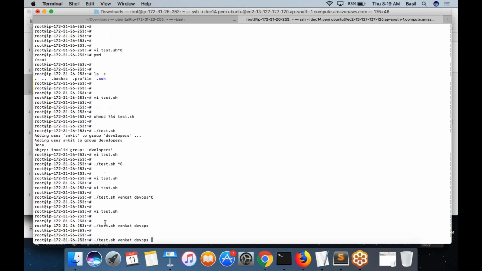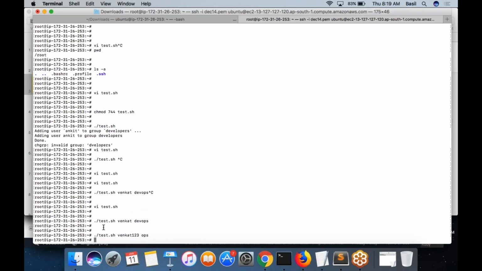So if I want to create another user and another group, Venkat123 and maybe developers or maybe ops, I can just execute this command. And further, let's say I want this command to be executed by people who maybe are the root user, many people are going to the root user and they are going to execute this command.